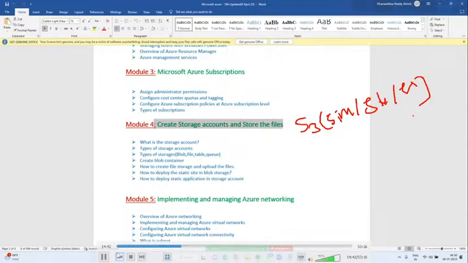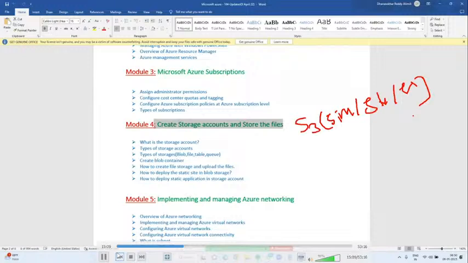Do you know that? How many of you know? No idea, sir. Yeah, Netflix is going to consume Azure storage. We got the news 1 month back. So Netflix may be owned by Microsoft in future. That deal is also going to happen.